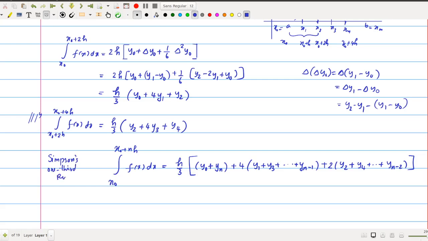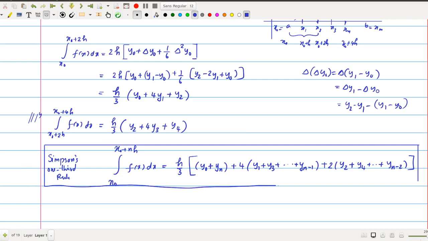If you are asked to evaluate the integral through this formula, you need to use this one. So please remember this. You need not bother about the derivation of this formula. Please understand this formula and try to remember it to do the integrals. Now we discuss one example for this.